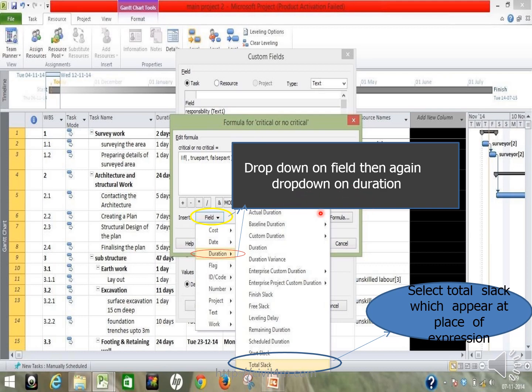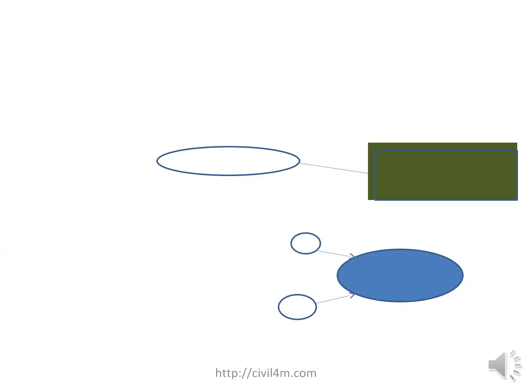Again, go to the drop-down on field, then the drop-down on duration. See that it always has a drop-down. So when you click on duration, it will have the duration, how many days. Then you can go to the slack period. Suppose you select a duration of 8 days, there might be a 1 or 2 days slack period due to holidays or machine failures. So you can select a slack, it will add in a slack column, and it will automatically come down. When you say a 9-day duration, it can expect 2 days here and there, it might go down.